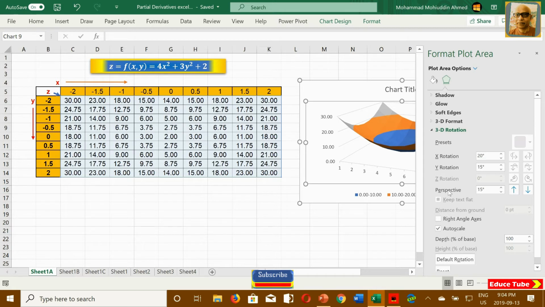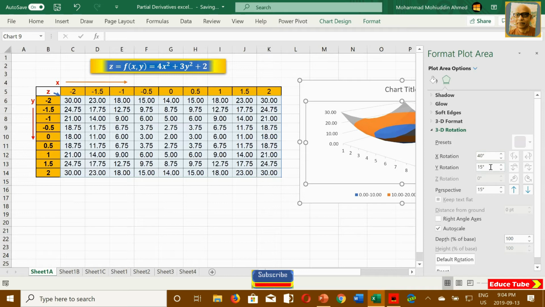Such as if I use X rotation, say 40 degree, and Y rotation 15 degree and perspective 15 degree, then I can see,